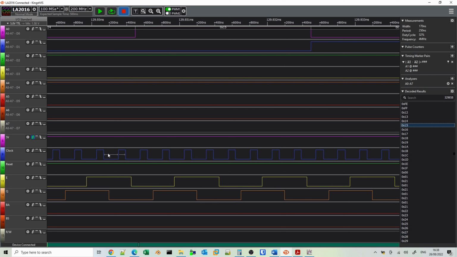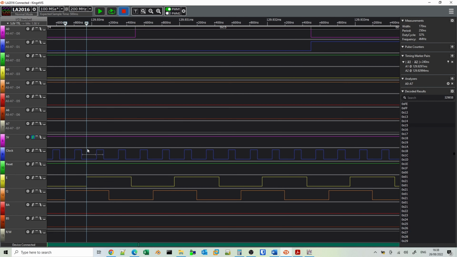And when we look at the oscilloscope, we'll see where that perhaps comes from. And then down at the bottom here, the Q signal and the E signal are generated off the 4 megahertz signal here. But if we look at E, we can see that's 1 megahertz, and so is the Q signal, but they are out of phase by about half a clock signal. And in fact, we want to measure that, we can measure the difference between here and here. So the difference there is about 240 nanoseconds.